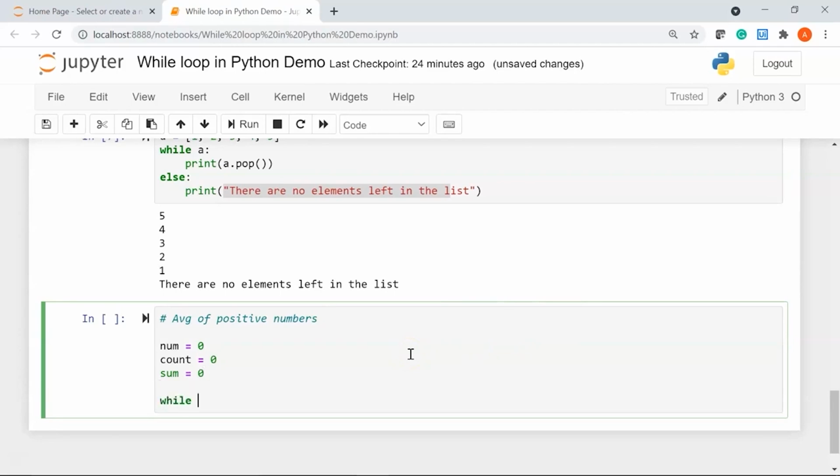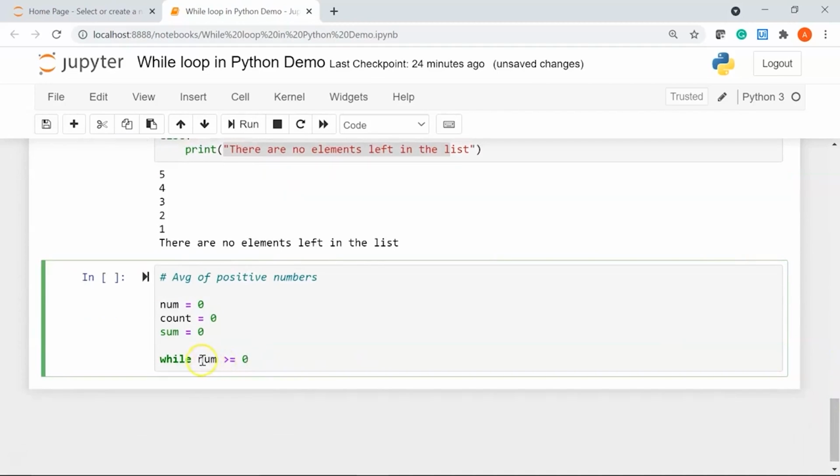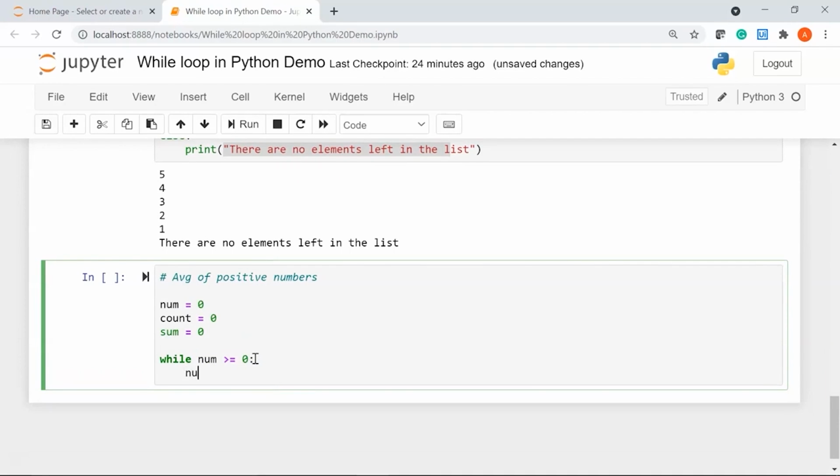I'll write while my number is greater than equal to 0. So this condition is for accepting only positive numbers. I'll say num equal to, I'm going to take the positive numbers from the user, so I'll pass an input function. I'll say "enter any positive number".